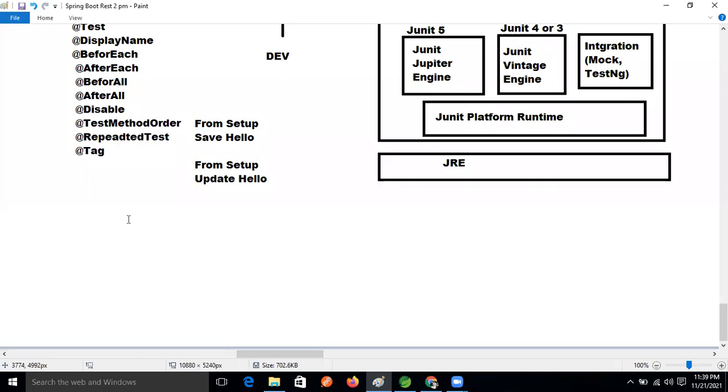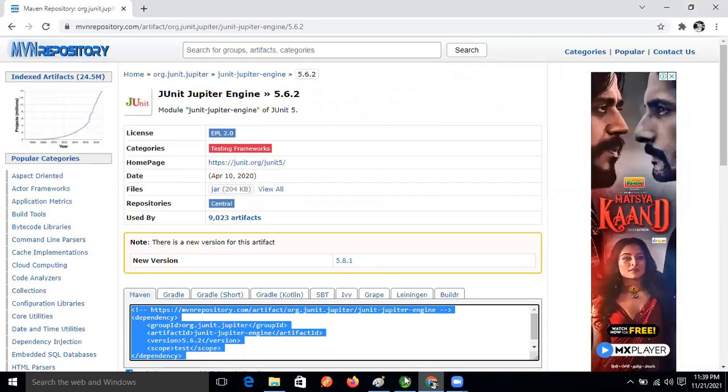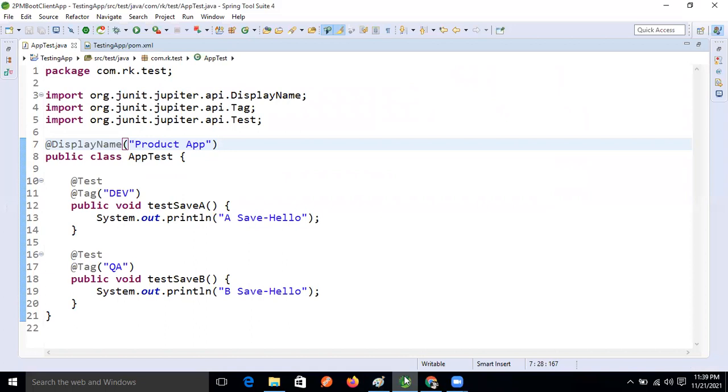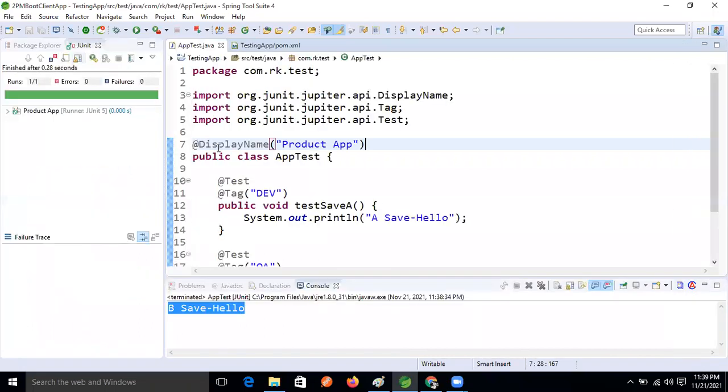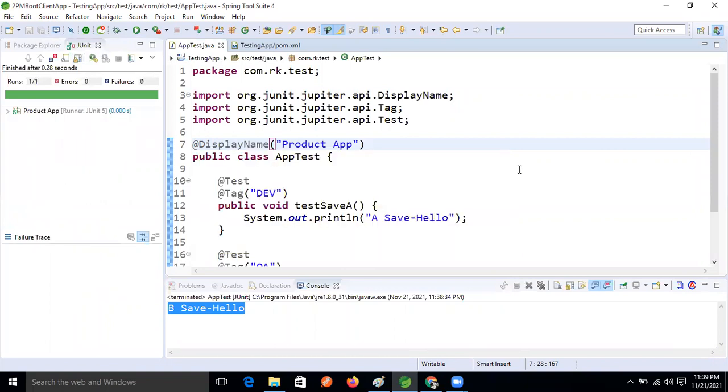We will complete unit testing on Saturday itself, because the assert API is still there. After that we will test our product application, each and every method. So before attending the next weekend session, please complete these annotations and try to understand the use of each one, because at that time I will directly use the annotation and explain the concept.